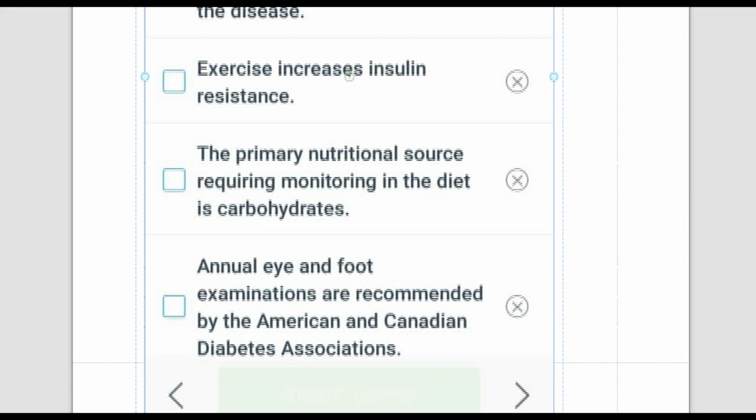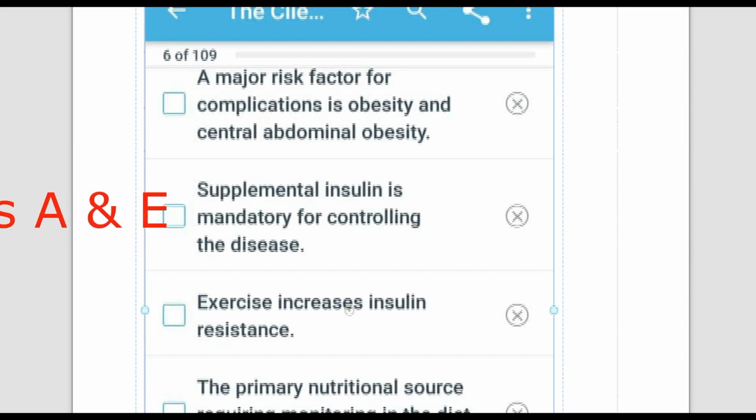Annual eye and foot examinations are recommended by the American and Canadian Diabetes Association. This is a true statement. And if they actually went to the foot doctor and the eye doctor every year, this would improve their status as a client, as a human being. So this is a true statement, so I'm going to pick it. So the two choices that are correct are A